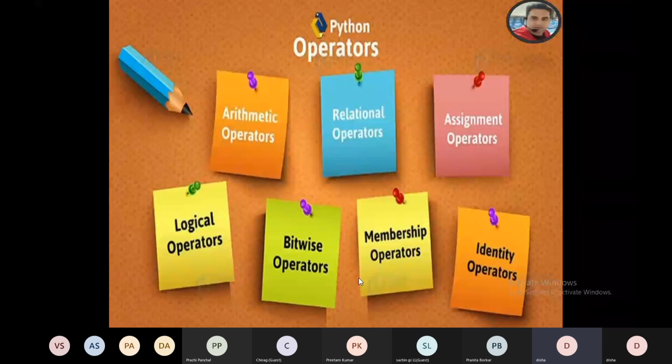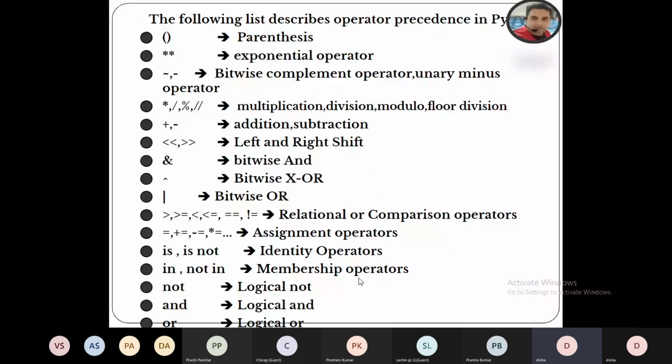Before going to the operators directly, let us talk about operator precedence first. When we talk about an expression, it is basically a combination of operators and operands.